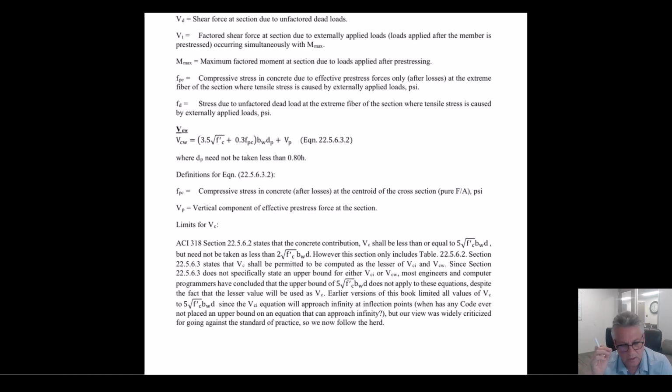Seems strange to me. I've read a lot of code, seismic code. I've designed a lot of materials. And to the best of my knowledge, this would be the only time where equations are written that have no upper bound. So